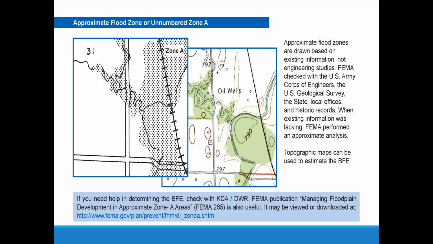Then you go over to the topographic map and you will see below where it says oil wells, follow the road down and you will see that it has that same bump out. You'll also see contour elevation lines on this USGS quad map. And you'll notice that the elevation lines and that road bump out have a point where they intersect pretty closely and line up very closely with the floodplain. So you could probably deduce that your base flood elevation is the same number as whatever that elevation line is on that contour line on that USGS quad map.